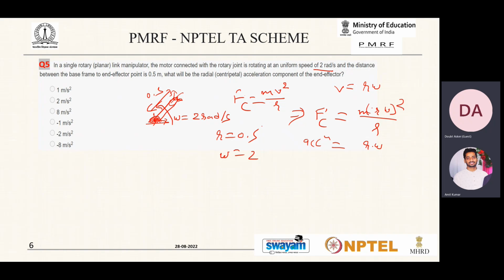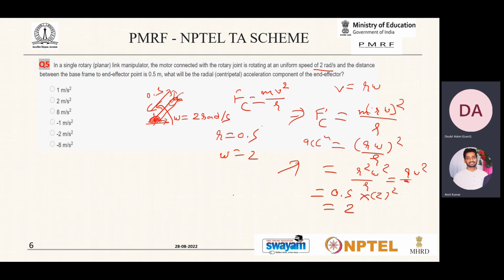So you can just write r omega square by r, right? So that is nothing but r square omega square by r, that is r omega square. So that will be equal to what? So we have 0.5 as r, and omega is nothing but 2 square. So that is 2. Now this force is